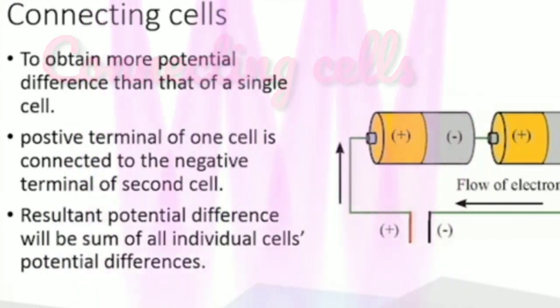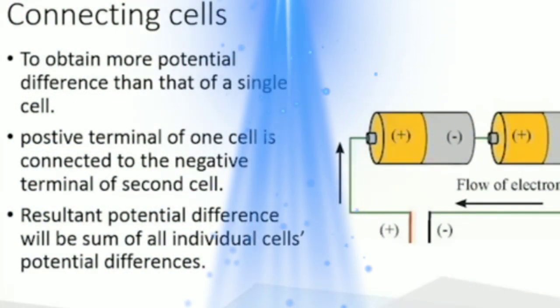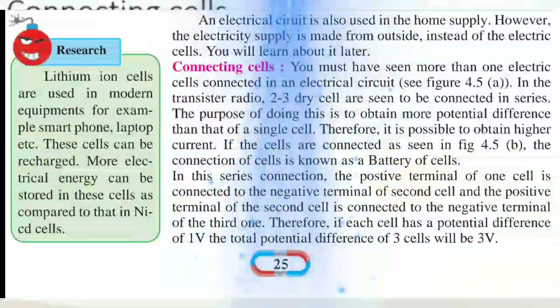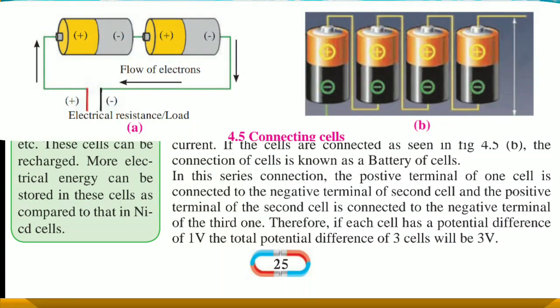Students, you must have seen more than one electric cells connected in an electrical circuit. In the transistor radio, 2 to 3 dry cells are used to be connected in series. The purpose of doing this is to obtain more potential difference than that of a single cell. Therefore, it is possible to obtain high current. If the cells are connected as seen in figure 4.5b, the connection of cell is known as a battery of cells. See, students, in this series